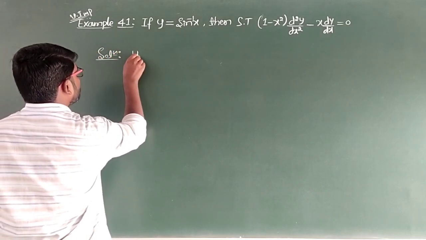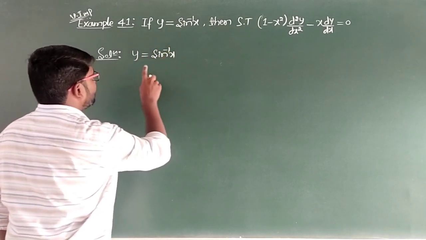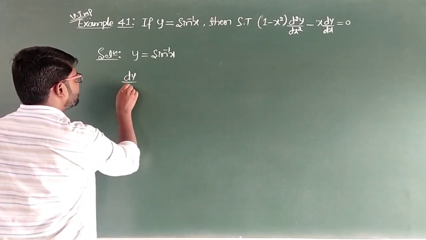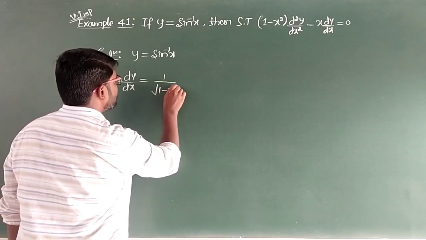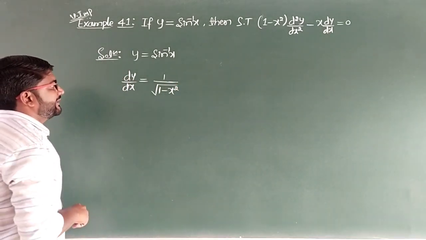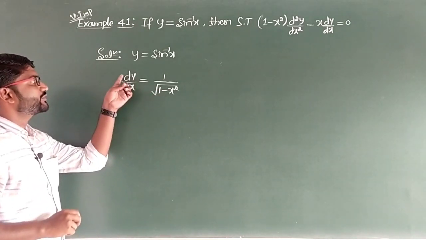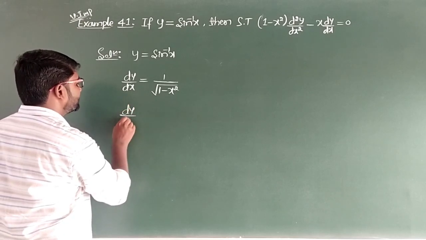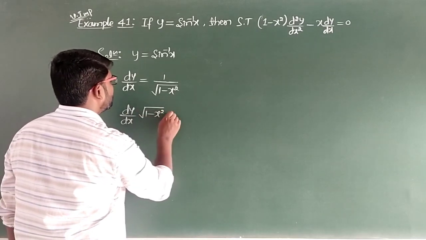The given function is y equals sine inverse x. Now differentiate both the sides with respect to x. Now we get dy by dx equals 1 divided by square root of 1 minus x square. Now take this square root of 1 minus x square to the left hand side, it goes to the numerator and it will be multiplied with this. So what do we get now? dy by dx into square root of 1 minus x square